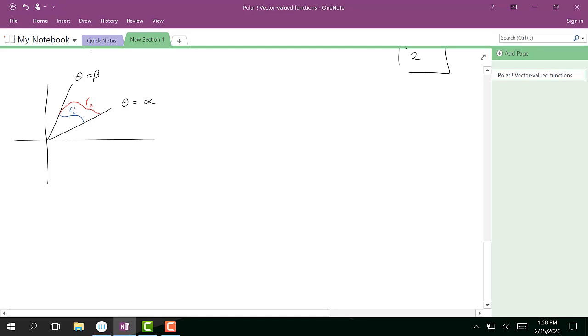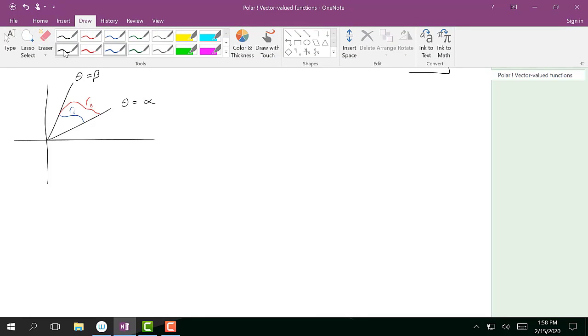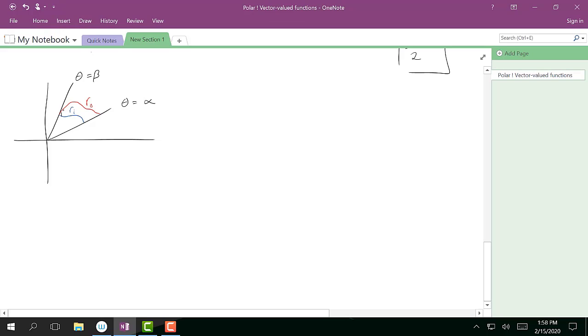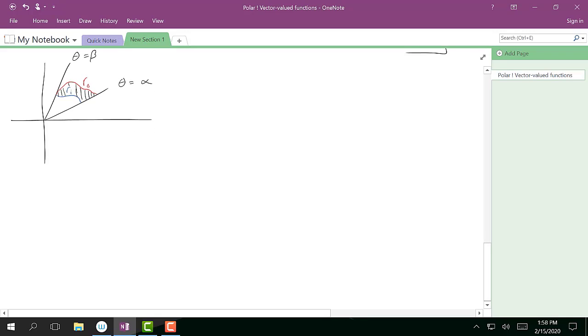And so let's say we want to find the area between these two. Just to draw what that is, I want to find this area right here. So we've got to think about how we want to do that, and it's not too dissimilar from how we find the area between two rectangular functions. And so the desired area here